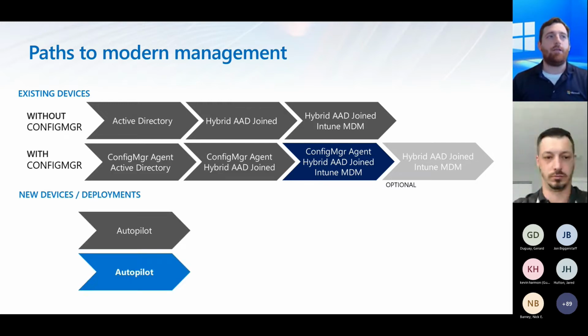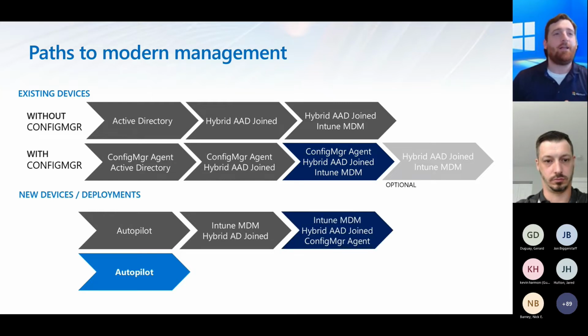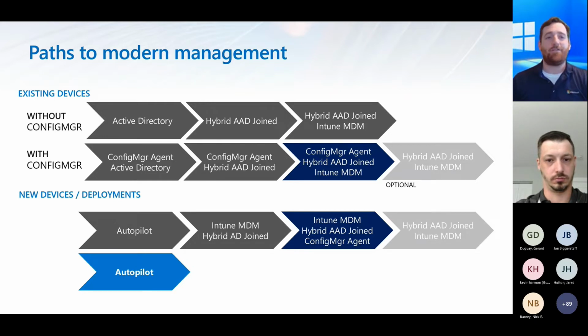We want to try something a little bit new. And so we are going to talk today about Autopilot, and we're going to use Autopilot as the entry point into Azure AD and Intune. We're going to talk about the concept of provisioning new devices and then making them cloud native, born in the cloud. So going from Autopilot straight to a hybrid Azure AD join machine, we can do it. We'll talk a little bit about why you shouldn't do it in a little bit, but we can hybrid join it, and then we can layer in the Configuration Manager agent if we need to,